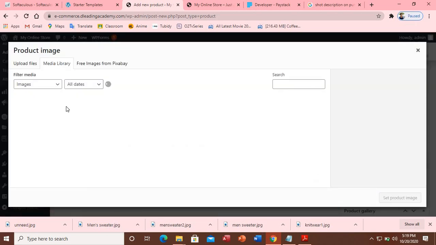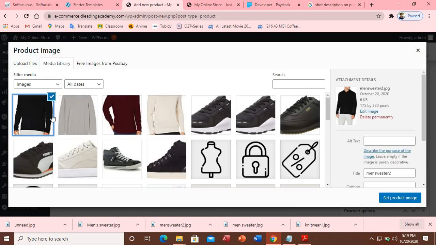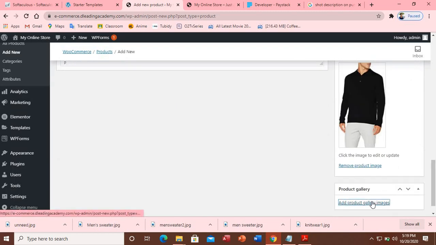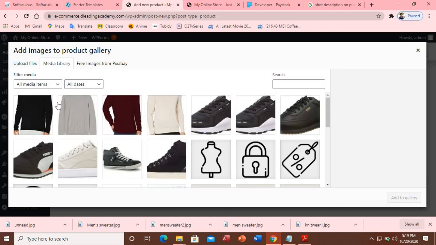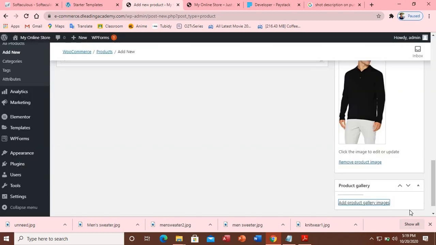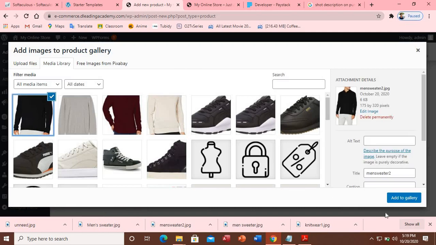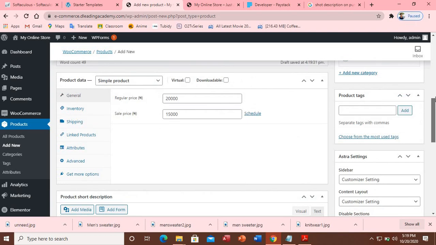So I'll be using this. Set as product image, and I will set as add image gallery. I will add this, and let me also add this. So after doing this stuff, after